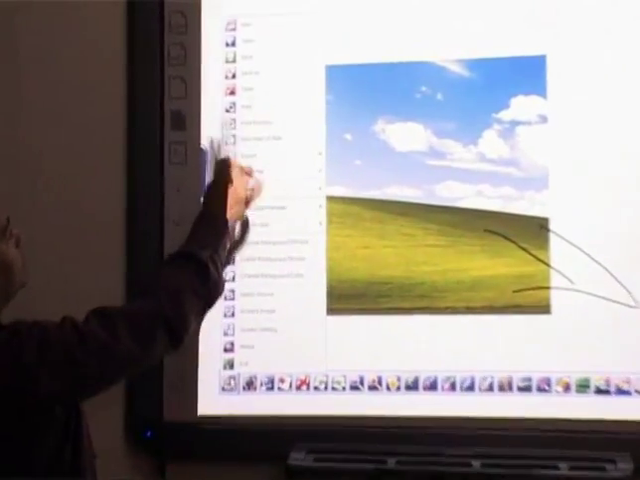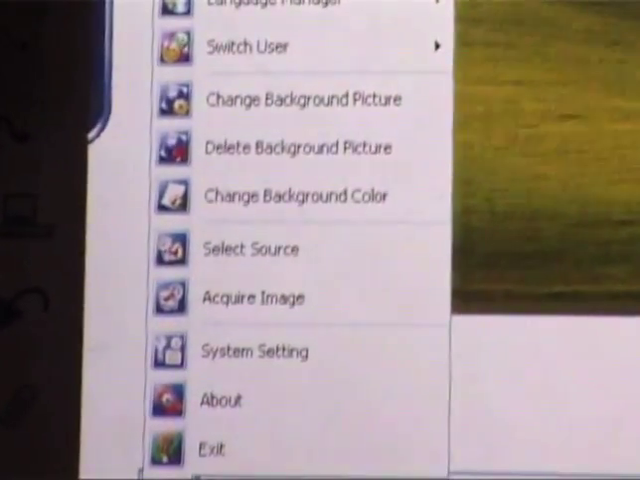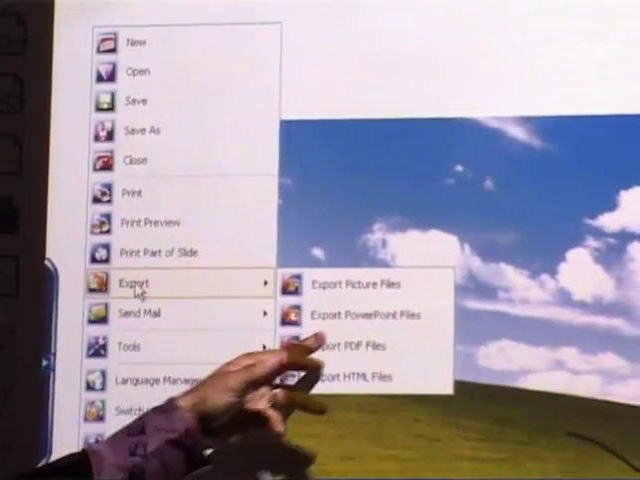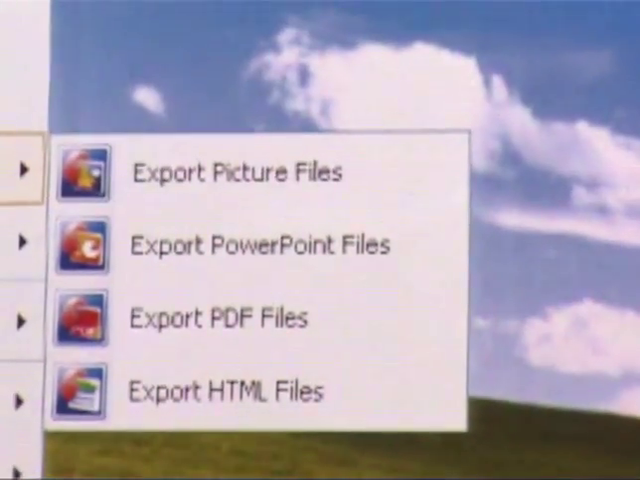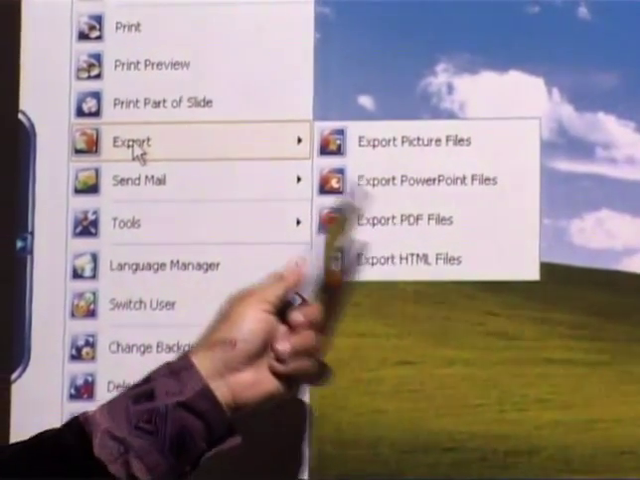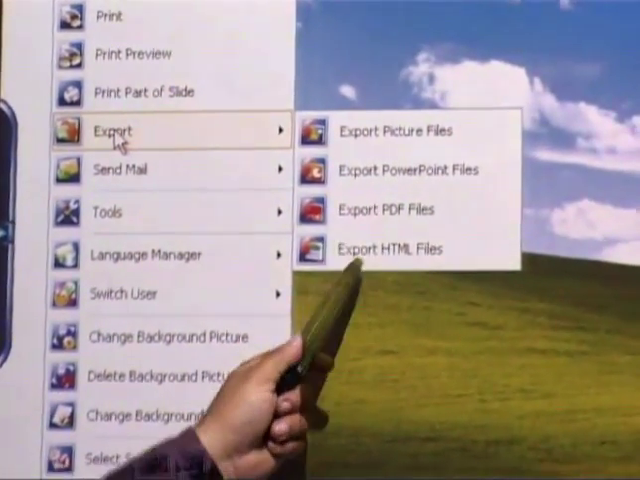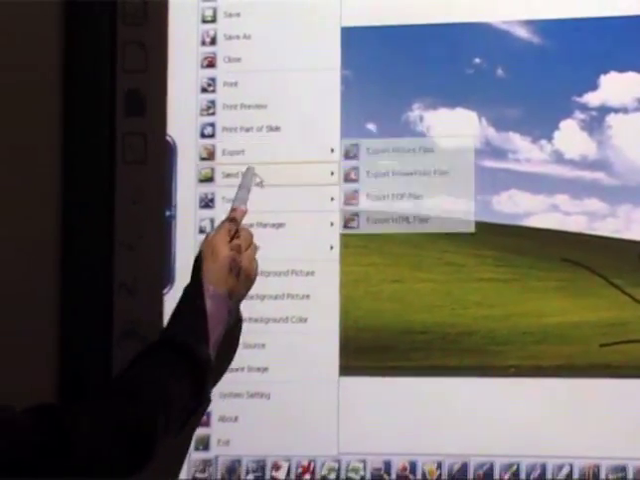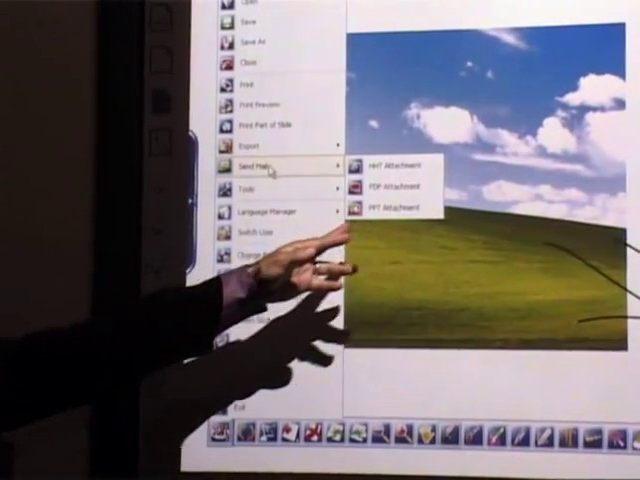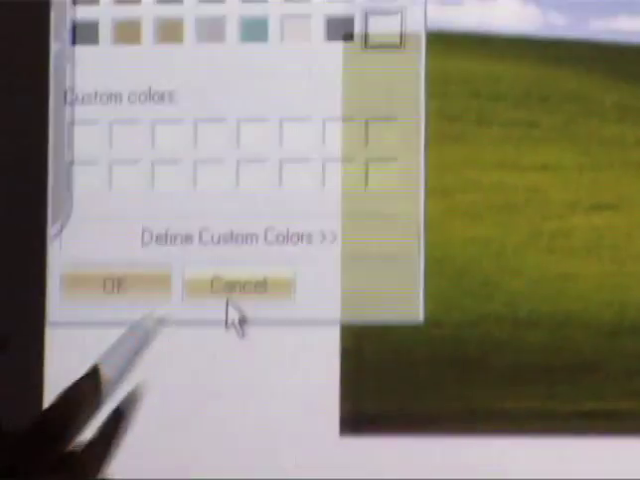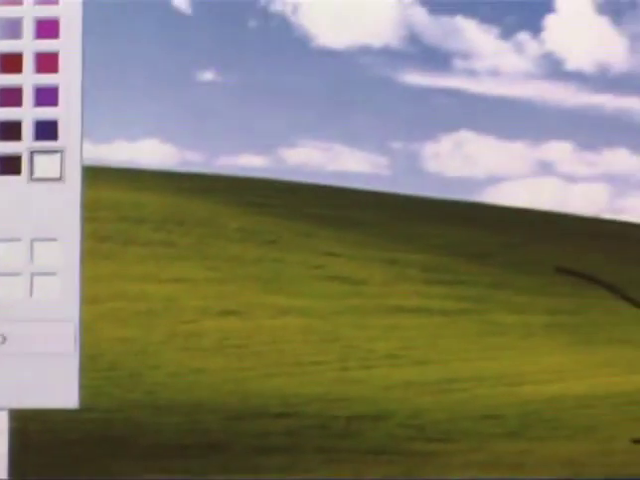The main thing is, if you want to save or export the files, we have four export formats. With the picture file format, we can export all the data into a picture file, as well as direct PowerPoint file export. If you want to send this file as a PDF attachment, there is a feature to export as a PDF file in Acrobat Reader. And the last one is the HTML file format. Then there is an option to send direct mail through a PDF attachment or the PPT attachment also. Then suppose you want to change the background color, there is a feature we can use through